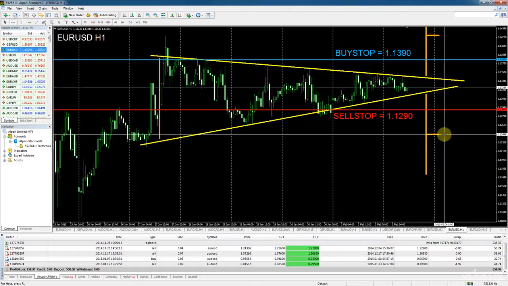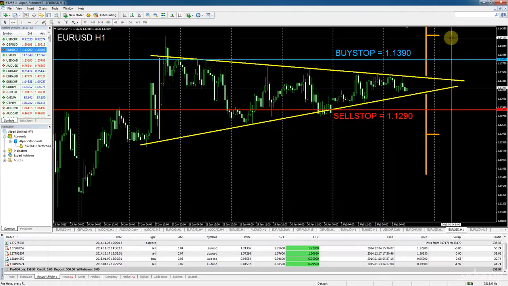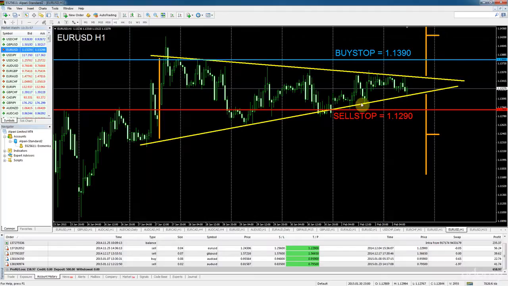So we'll set our take profit actually a bit higher than this orange line for the sell stop, and for the buy stop we'll set the take profit a bit lower than the orange line. The stop losses: for the sell stop we'll set the stop loss at the level of the buy stop order, and for the buy stop we'll set the stop loss at the level of the sell stop order. So that's all